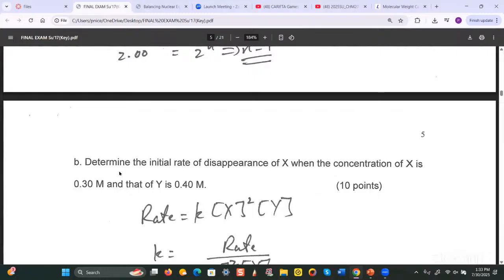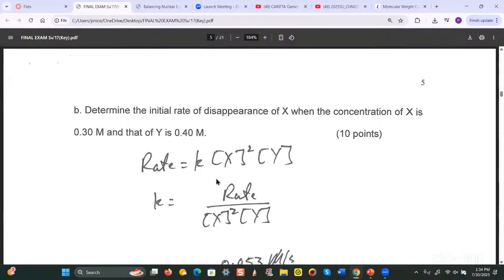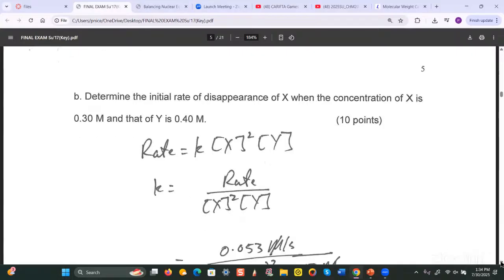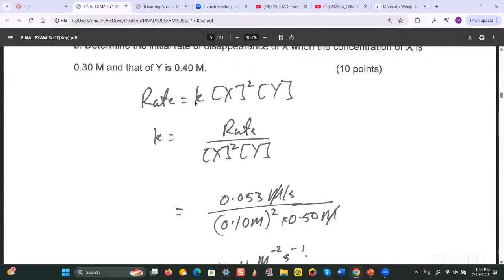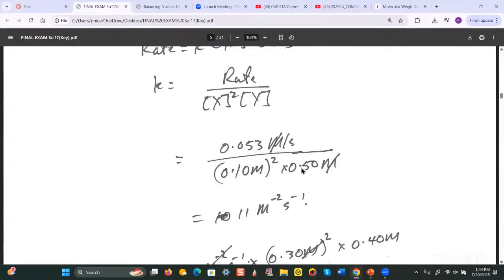So this question now, B part, is asking for the rate of disappearance of X when the concentration of X is 0.30 M and that of Y is 0.40. So basically what you need to do is rearrange this. Oh, wait a minute. We needed to find a rate constant first. The question didn't ask for that initially, so we need to find a rate constant first. So basically you can choose any set of data and plug the numbers in to get the rate constant. I think I choose the first set of data and I plug them into this equation